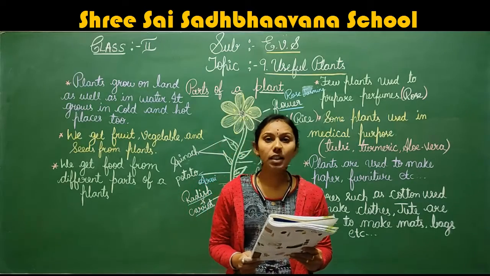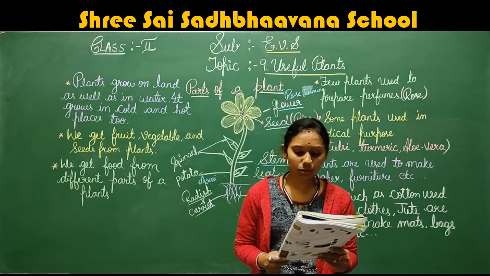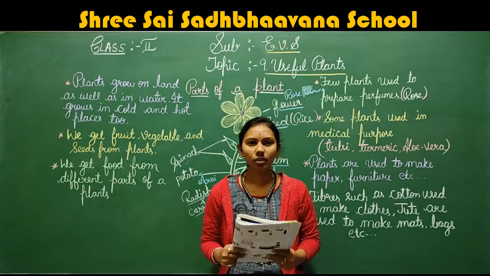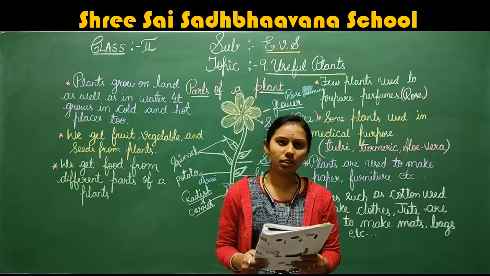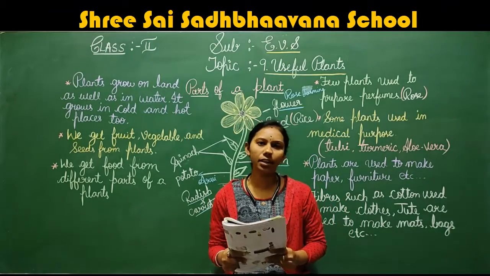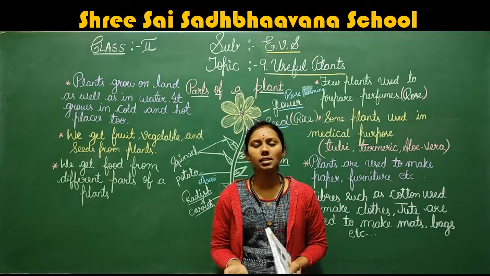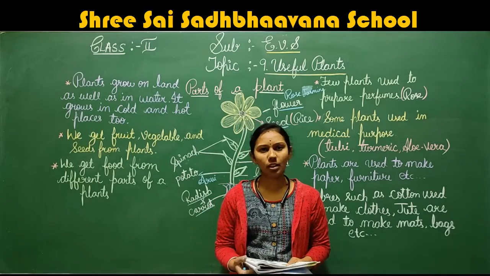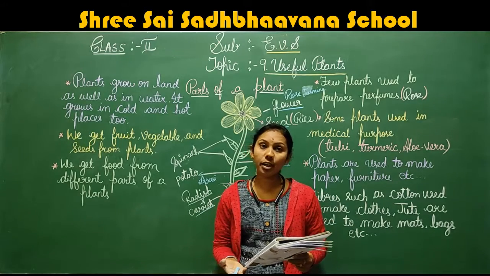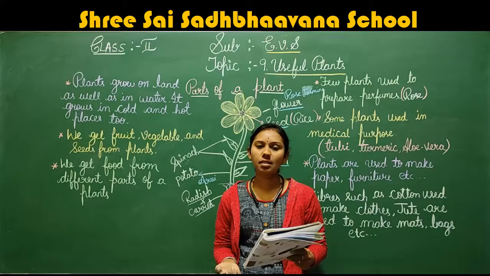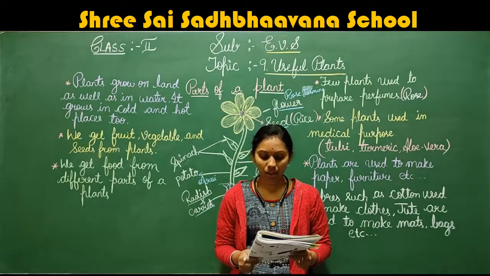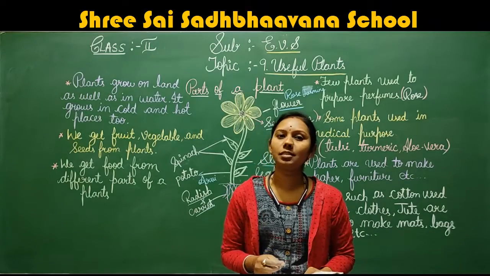Plants give us tea and coffee. We also get sugar from plants. Will you drink the tea, children? Yes. Okay, in the morning first you start the day with the tea, right? So from where are we getting this tea and coffee? Tea and coffee also we are getting from the plants. Okay, from where are we getting? From the plants itself.